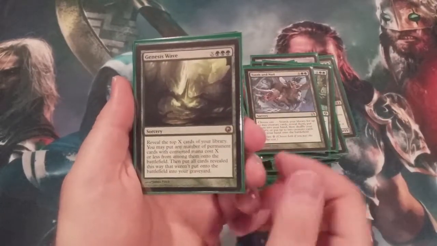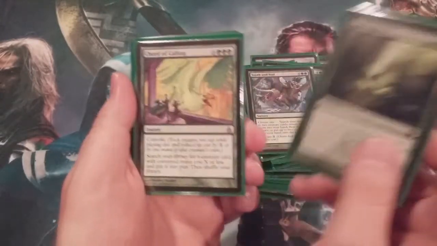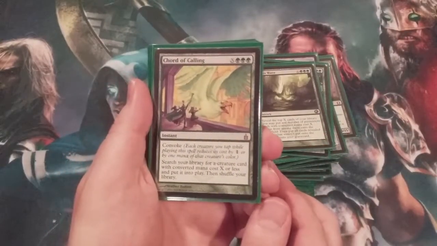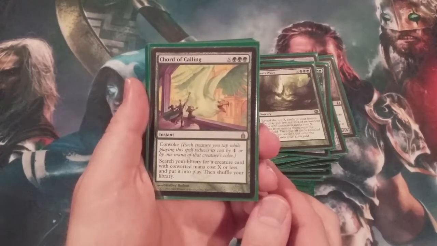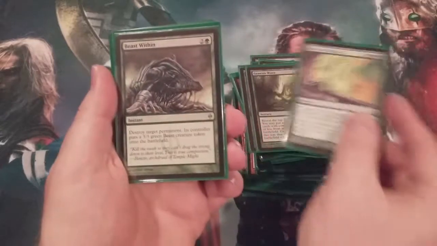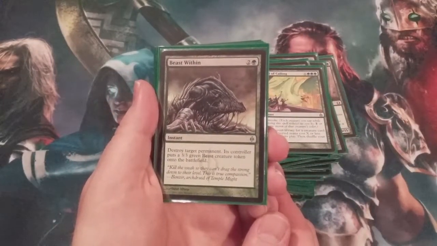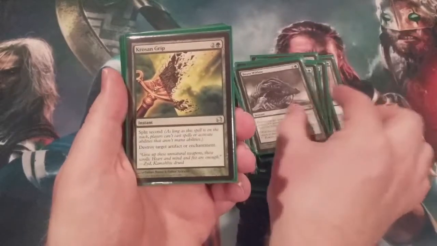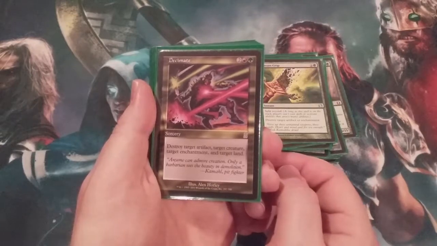Genesis Wave. Again, you could see the benefit of having a Gaia's Cradle or Gaia's Cradle-like land, Court of Calling. Nothing like dropping a big old Court of Calling at end step, untapping, and then slamming someone right down someone else's throat. And here we're going to get into some removal with Beast Within, a Krosan Grip, the wonderful 4-for-1 Decimate,